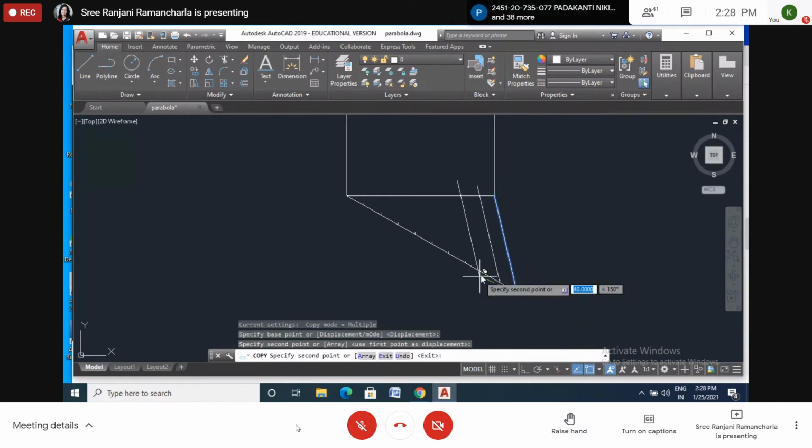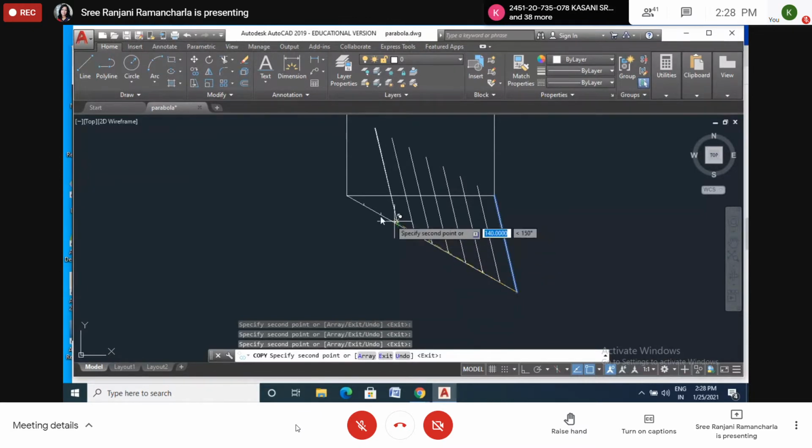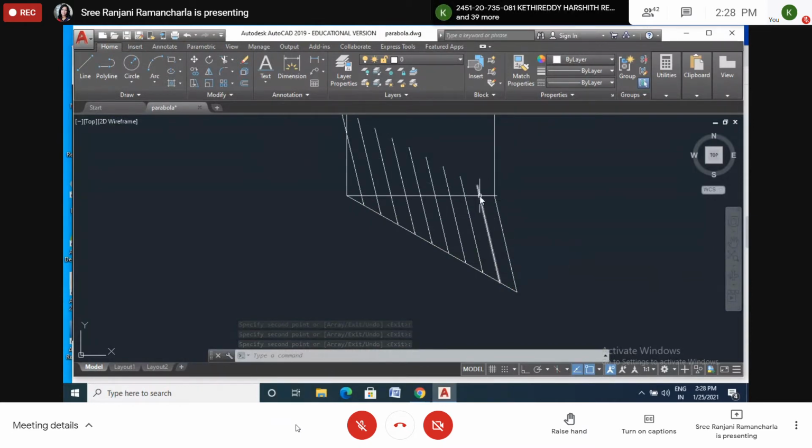So like this I will draw. Okay. After drawing like this, I want to remove the extra lines. That is, I want to trim these lines. So you will be drawing till here with the roller, keeping the roller parallel to this one. Am I right? So here I will trim.